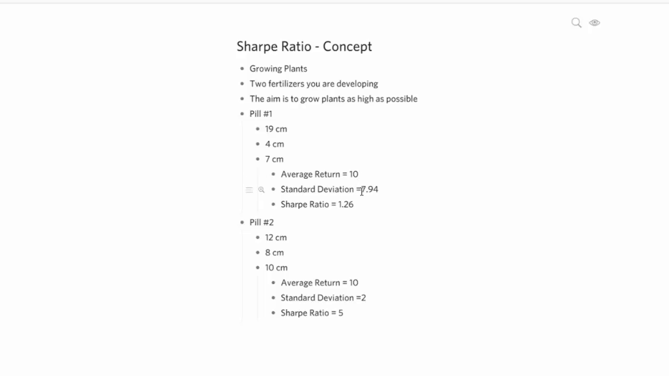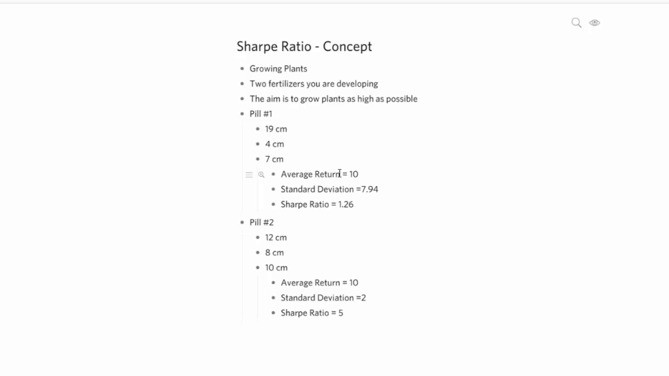Then you also need to calculate the standard deviation, which turned out to be 7.94. Standard deviation is basically how much different each result is compared to the average. As you can see, the average is 10. The first one is 19, so it's 9 larger than 10. The second one is 4, which is 6 smaller than 10, and the third one is 7, which is 3 smaller than 10. So this standard deviation measurement basically measures, you have all these samples, and what's the difference between each